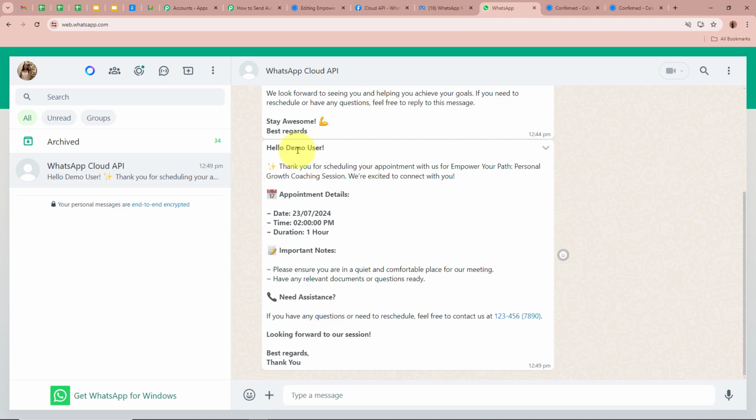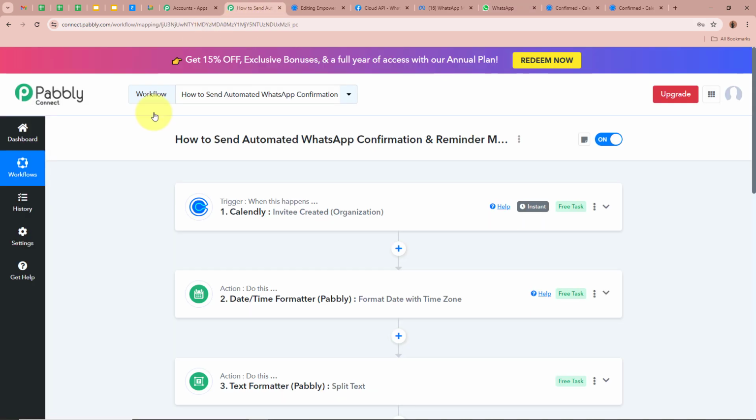So this means that as we have received the confirmation message, 1 hour before the appointment we are also going to receive a reminder on our WhatsApp. That is, on 23/07/2024 at 1 p.m. we are going to receive a reminder on our WhatsApp regarding the session that our client has booked. So this means that we successfully created an automation between Calendly and WhatsApp with the help of Pabbly Connect. So now, to sum up what we have done till now,